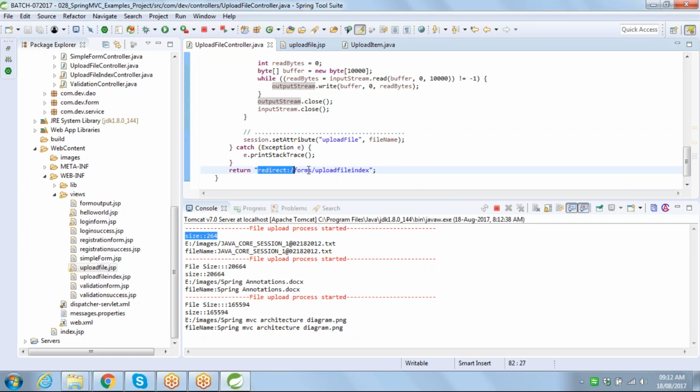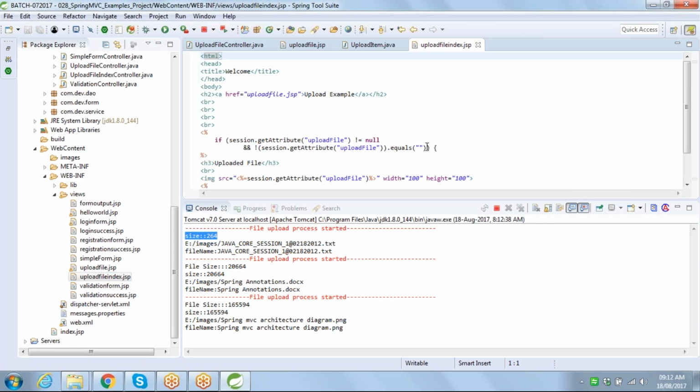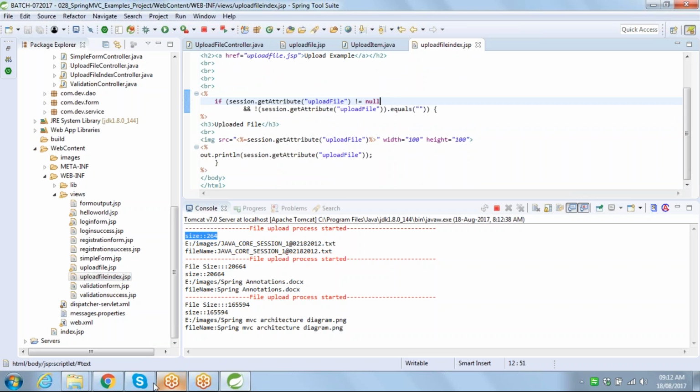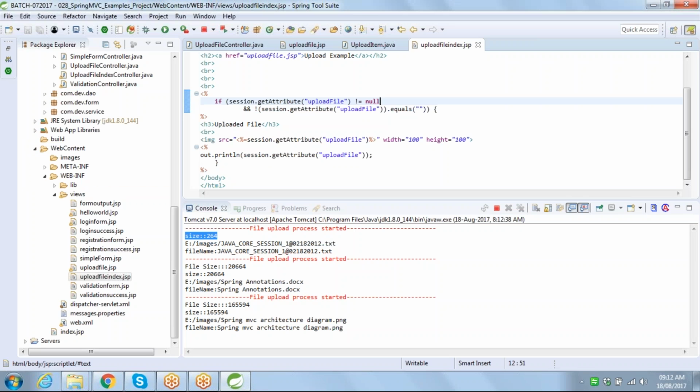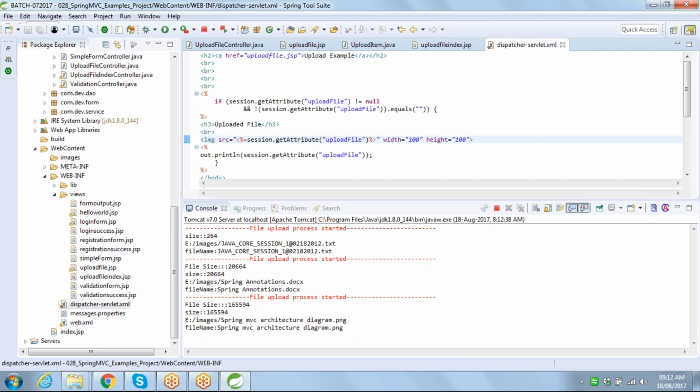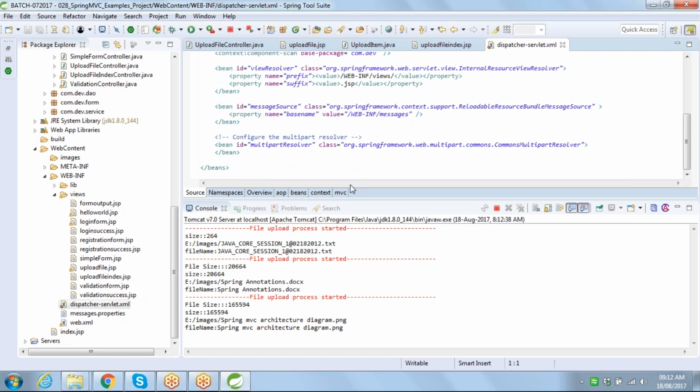That's it. And finally, I'm redirecting to file upload index.jsp. This JSP will be opened, and what we are displaying here is the page opening and displaying the content. That's it. Okay, so you can also put some restriction checks in the Spring configuration